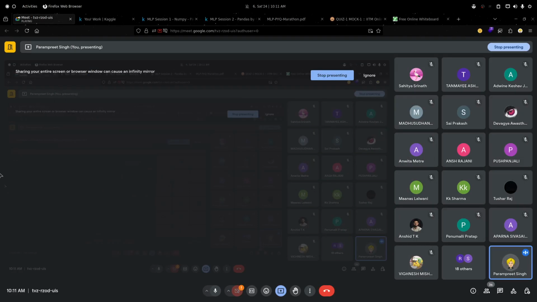You don't need to separately call for the test data. You just call model dot predict and pass in the test data. It will automatically call the transform function for all the data pre-processing steps. So that's why pipeline is used while deploying the model, while creating an end-to-end machine learning system.